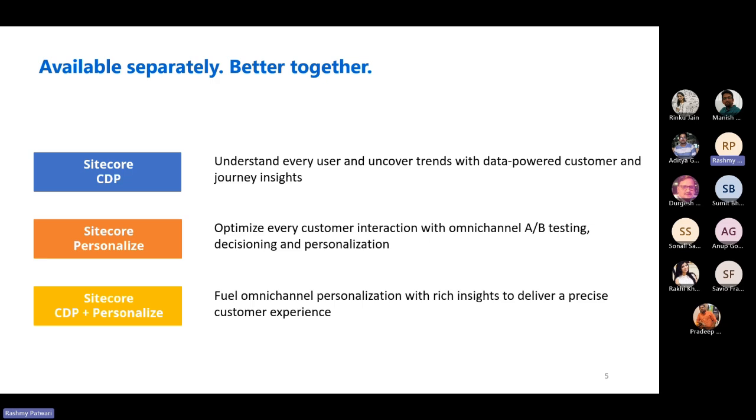Without it, you are pretty limited with the amount of data that you have about the customer, and you will have to stick to behavioral data, as in what the customer has been up to in that particular session, and not anything to do with other systems or other products that the customer has been interacting with in your enterprise. So together they give that complete 360-degree view of the customer and the complete omni-channel experience.